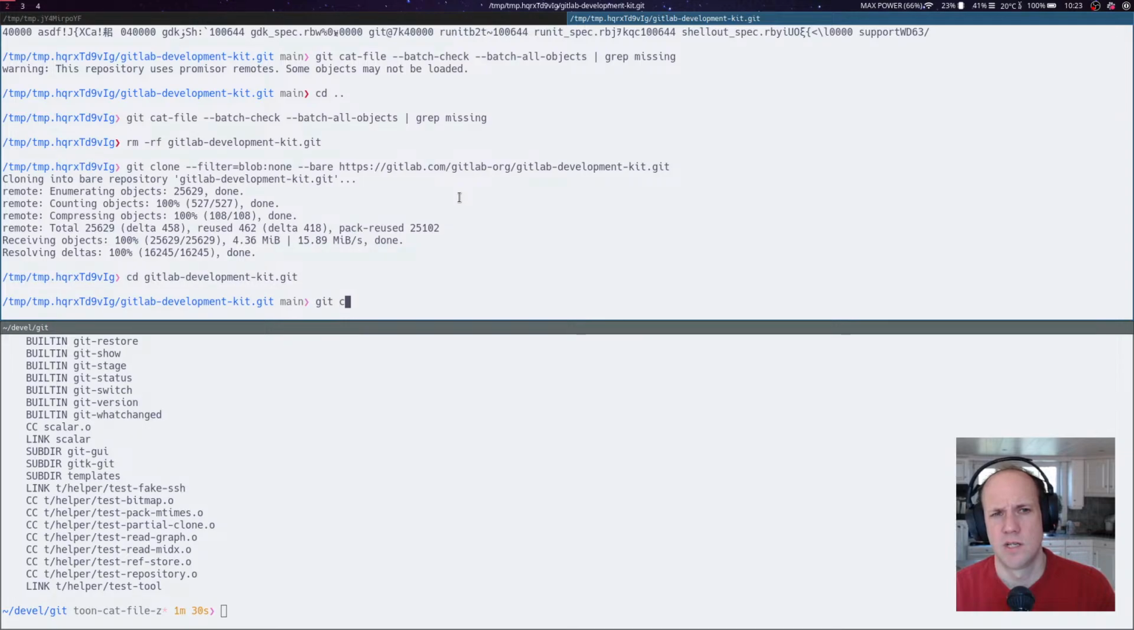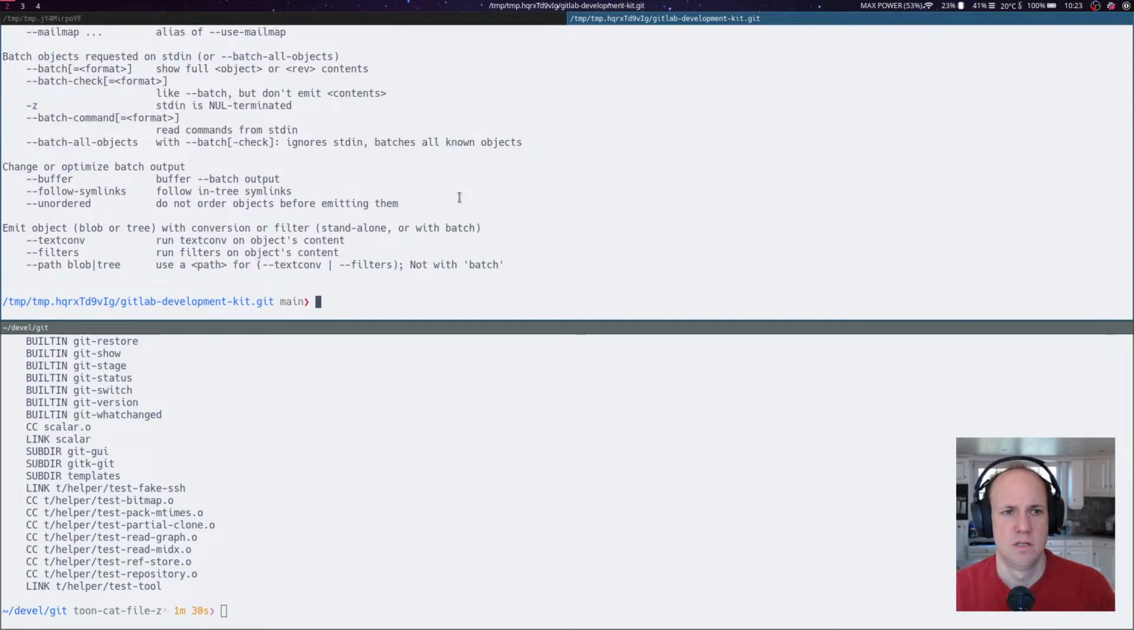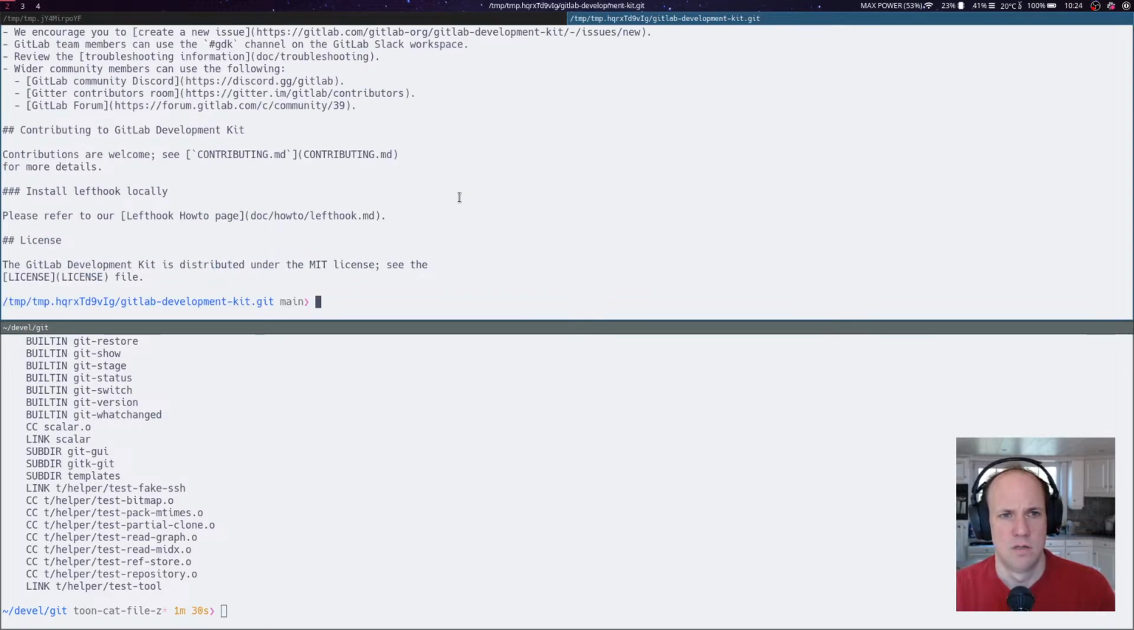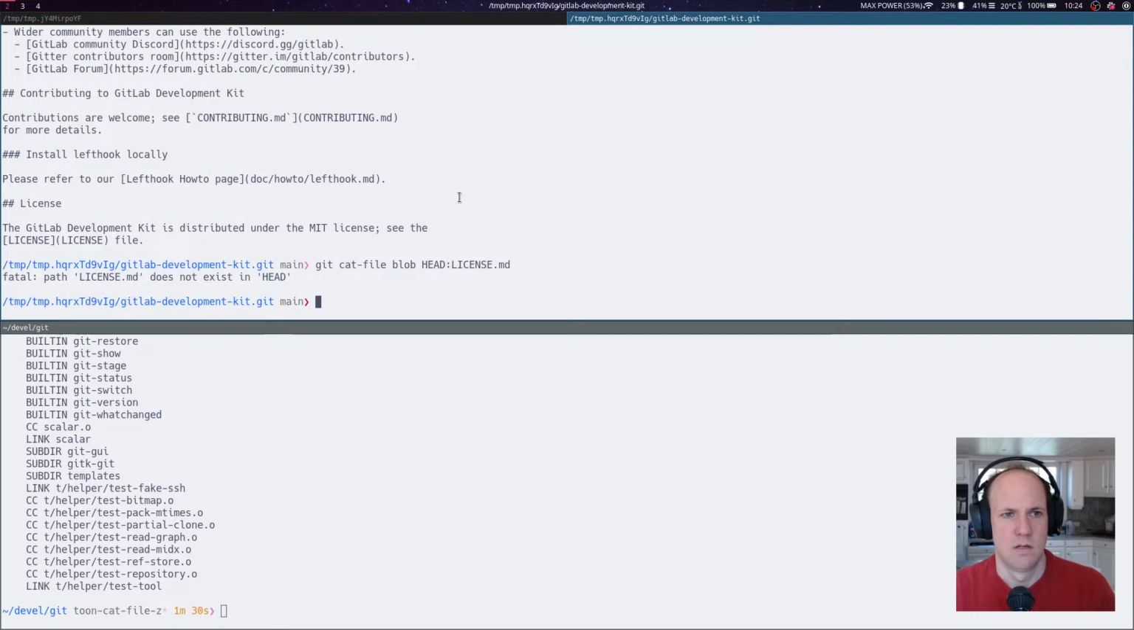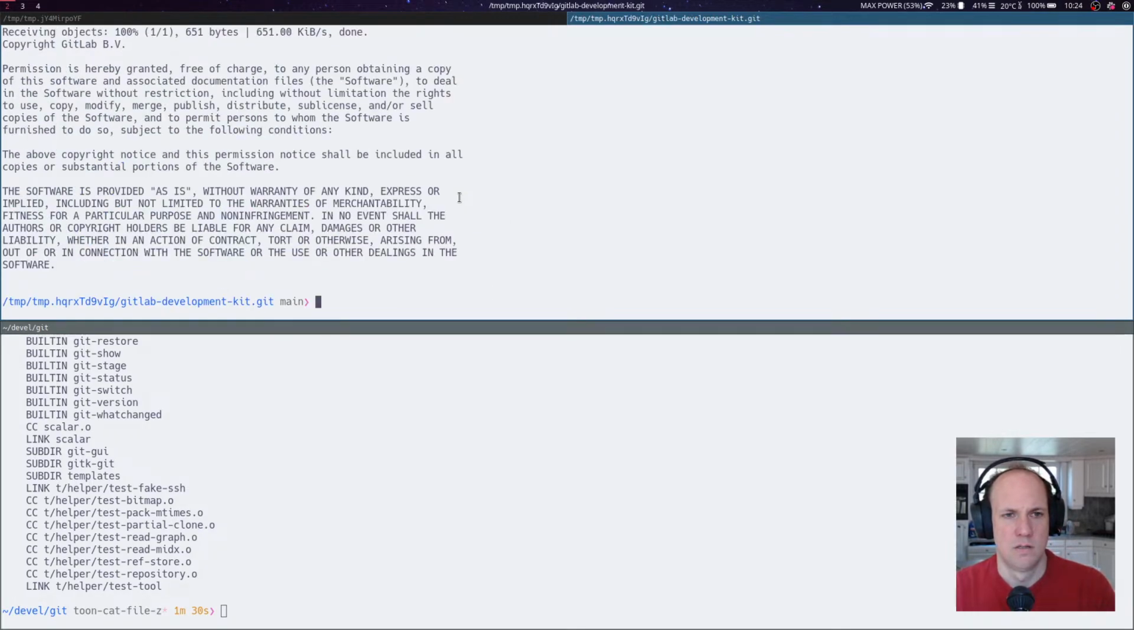Well, I could say git-cat-file hat colon readme dot md. Oh, this is a blob. Yeah, the promisor mode is lazy loading that file because now it will be a lot faster. See, if I do it with like license dot md, it takes a while before it gets loaded, but